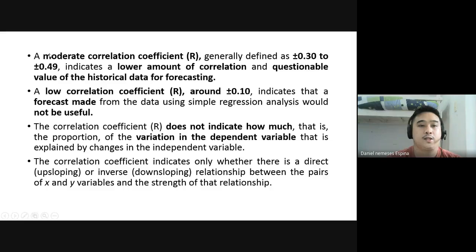So it is said that you have a moderate correlation coefficient, generally defined as plus or minus 0.30 to plus or minus 0.49. So kung less than 0.50, okay, naa siya between 0.30 to 0.49, whether positive or negative. So it is a moderate